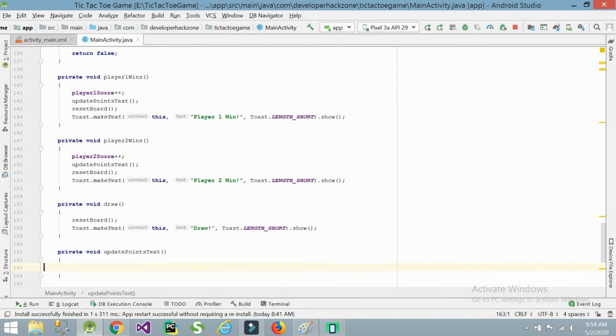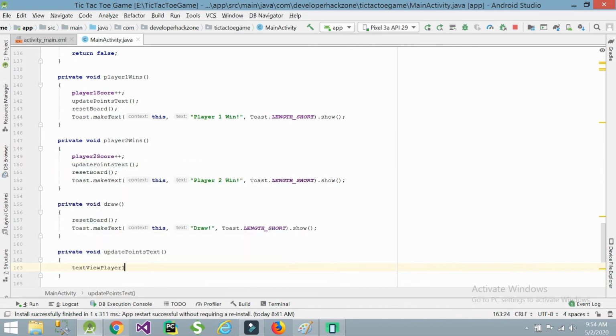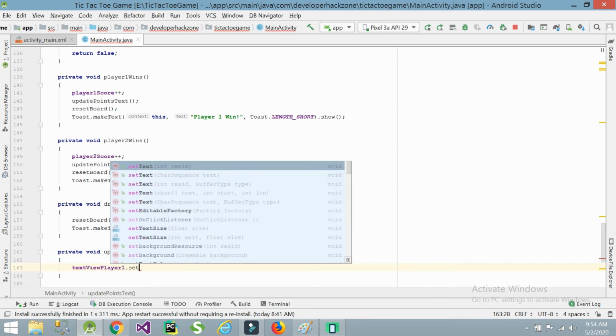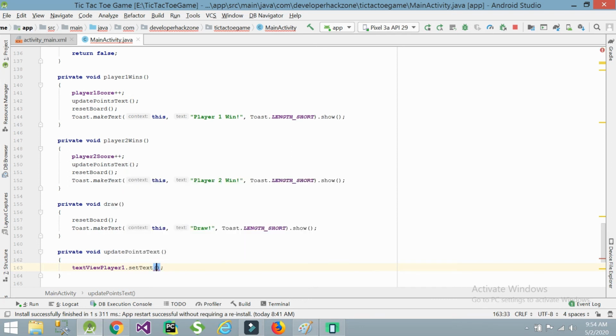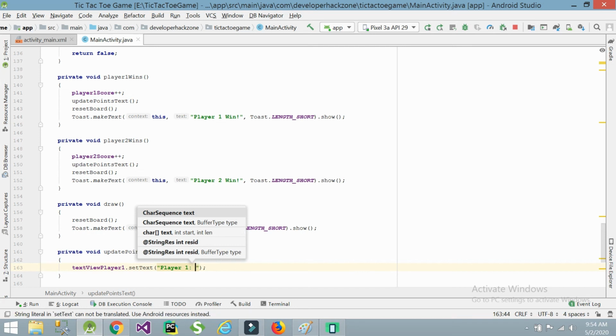And in update points we need to update points, like simple. In the text view I am displaying, dot set text. In that I am showing player 1 plus player 1 score.